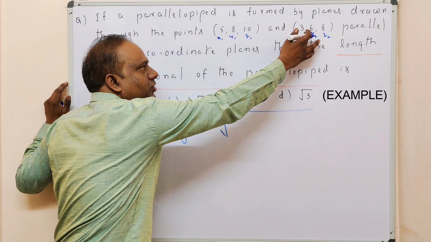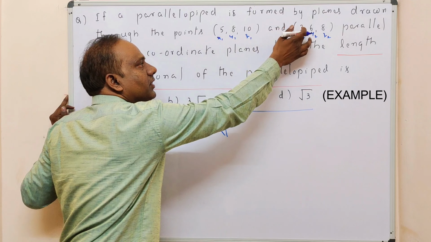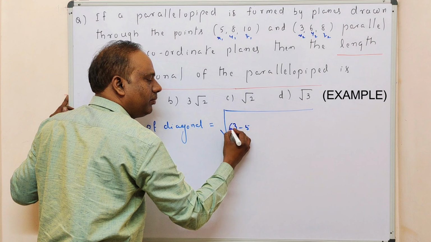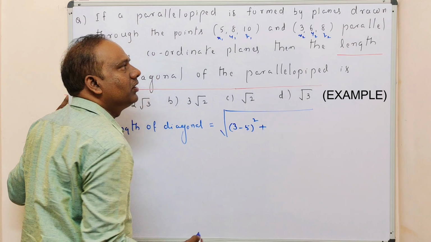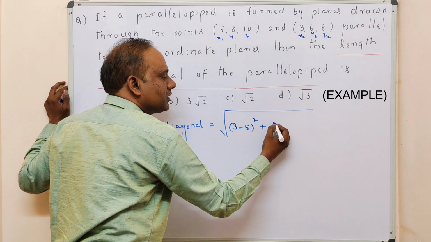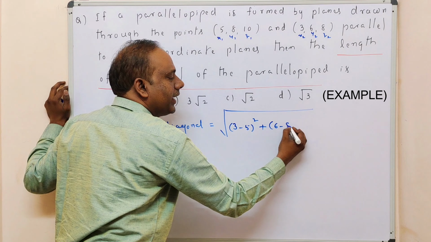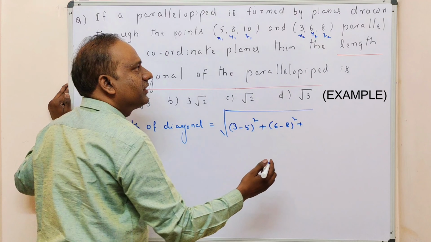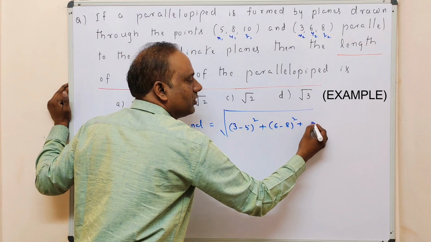So here x2 minus x1, that means 3 minus 5, whole square plus y2 minus y1, that means 6 minus 8, whole square plus z2 minus z1,